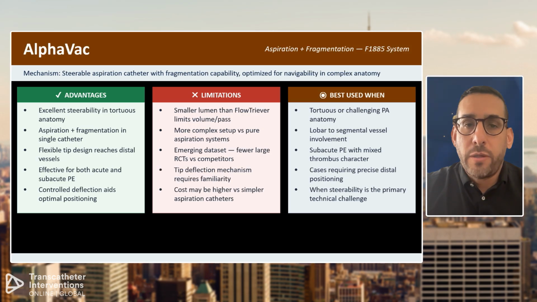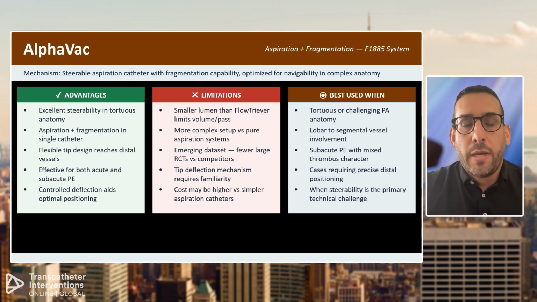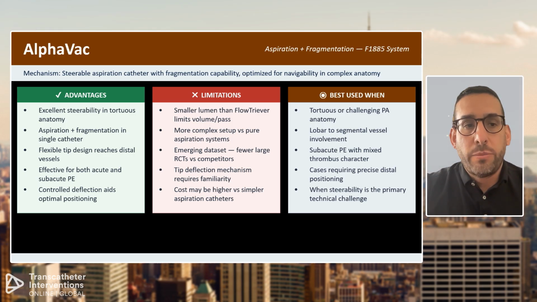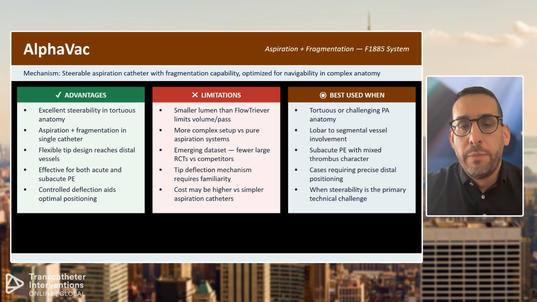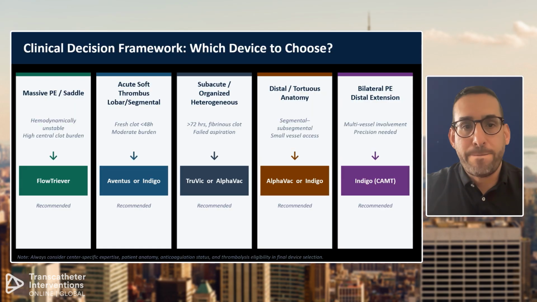The AlphaVac is one that I have used. It's a handheld device, as opposed to its predecessor, which required you to cannulate the patient and put them on essentially a circuit like VV ECMO, where it sucked the clot, filtered it, and returned it. This is a larger device. It is steerable. It's really good for large thrombus, particularly. But given the other devices that we have, the uptake for this has not been great. It's been late to market.